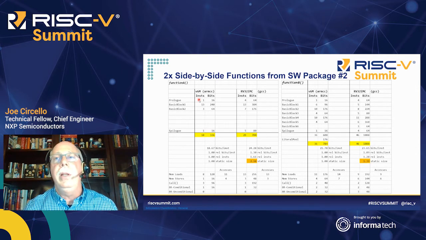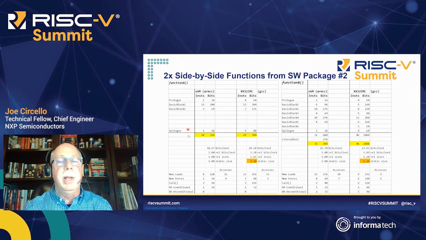First of all, this is showing the ARM compiler results for the V6M processor architecture. This was actually a Cortex M0 Plus design. So this basically says, okay, we had one instruction that was 16 bits long for the prologue, etc. And right across from that, lined up side by side, we would have the RV32 IMC results from GCC, and you can see each function, the number of instructions and the bits associated with those static instructions for